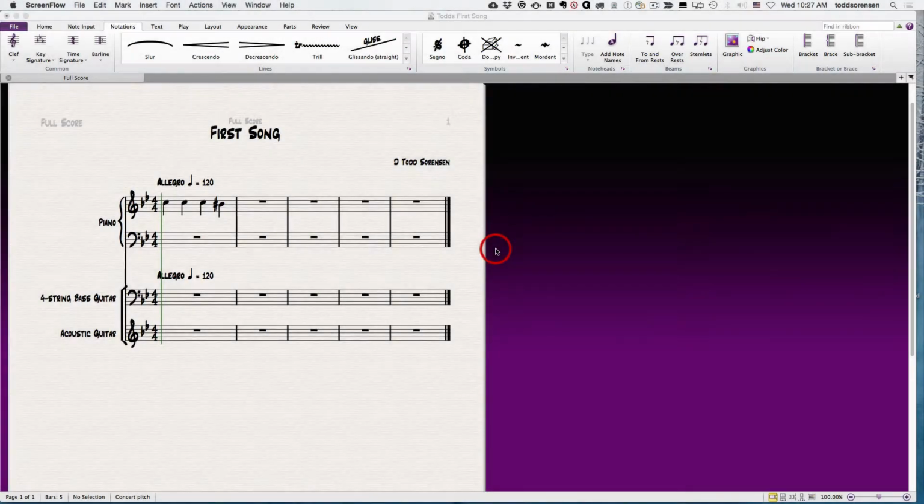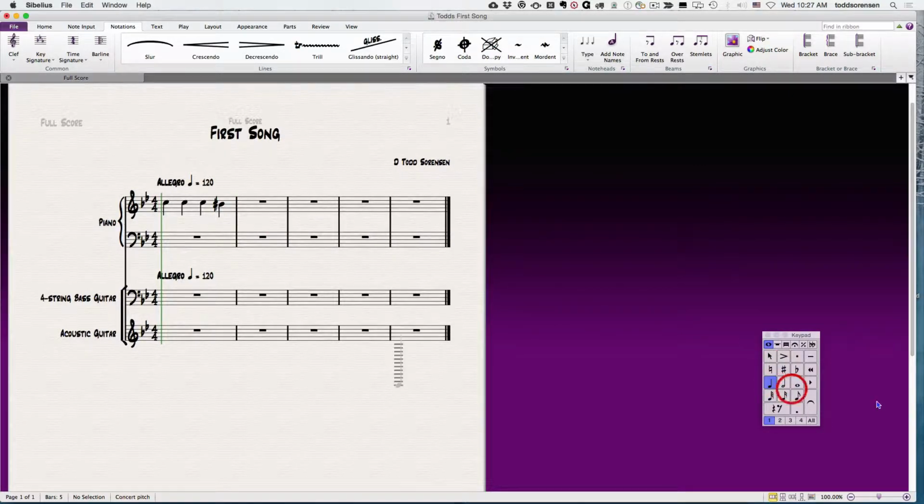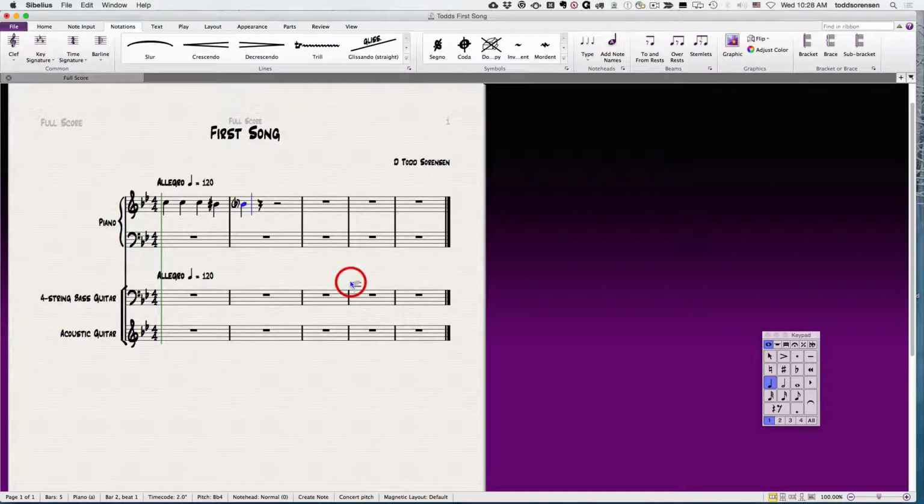In Sibelius, there's something called cautionary accidentals. Cautionary accidentals are used by default whenever the last note of a bar is not in the key signature, like we have here, B sharp instead of B flat. And then you place a new note in the next bar, like this, another B flat, which is in the key signature. It will put a cautionary flat there